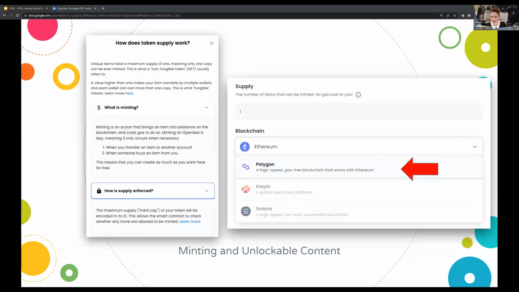I'll put that in the chat for you. Actually, let's see if I can link that. There we go. So Phantom is another kind of wallet, and that can carry Sol, which is a cryptocurrency that runs on the Solana blockchain.